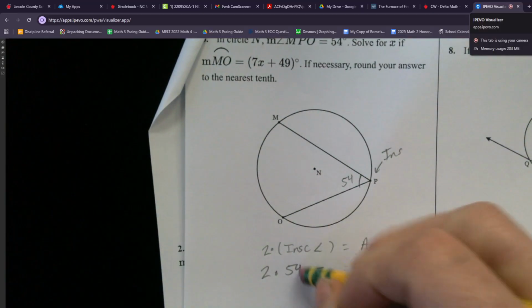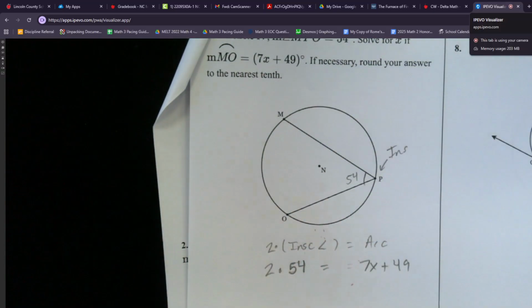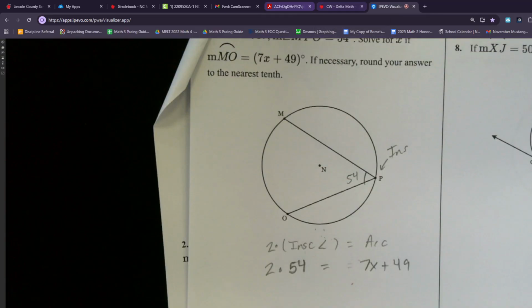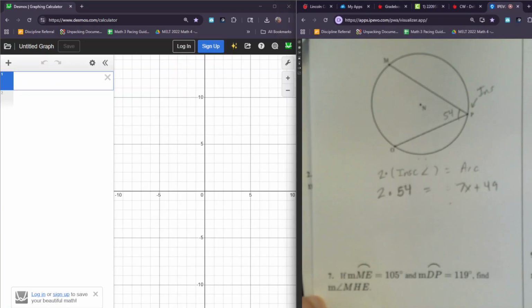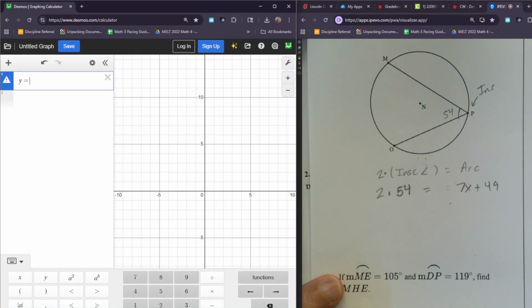Now, make sure that's a 4 there. Now, I'd do this in Desmos if it was me. Let me pull up Desmos. All right, and then 2 times 54. Guys, don't forget, you will have to put y equals there, 2 times 54. All right, and then y equals